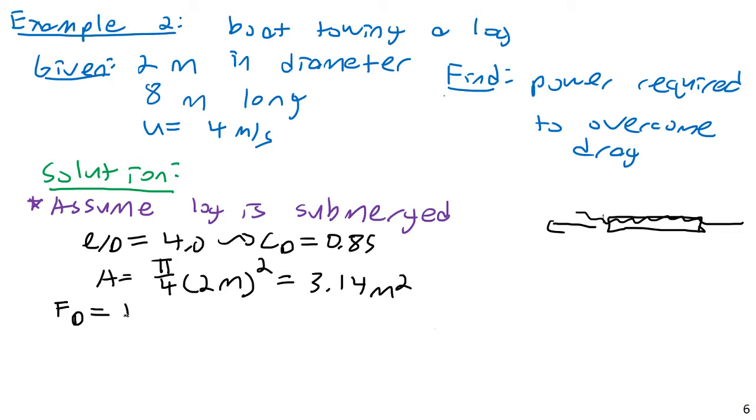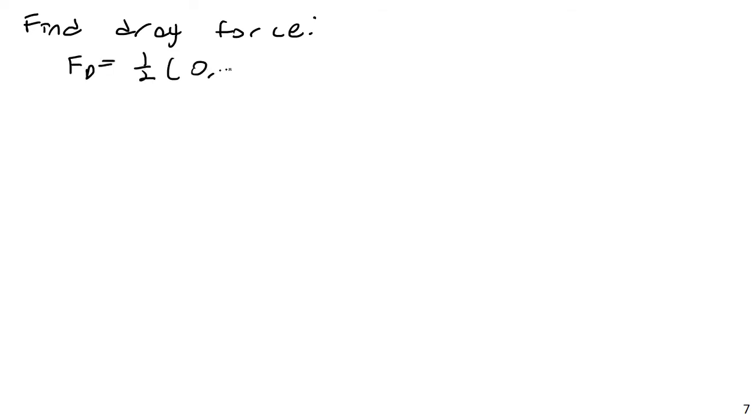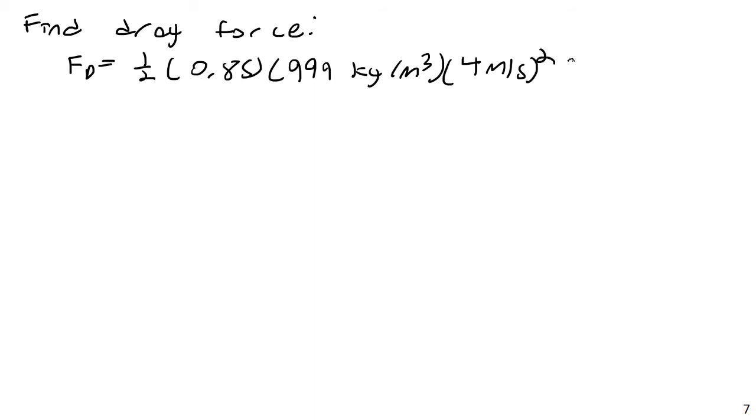and this is going to be 1/2 times 0.85. Actually, let me do that on the next page. I think I want to keep that together with my power calculation. So find FD, the drag force. FD equals 1/2 times 0.85 times, let's go ahead and use the density for water of 999 kilograms per cubic meter, times 4 meters per second quantity squared, times 3.14 square meters. And this will produce a drag force of